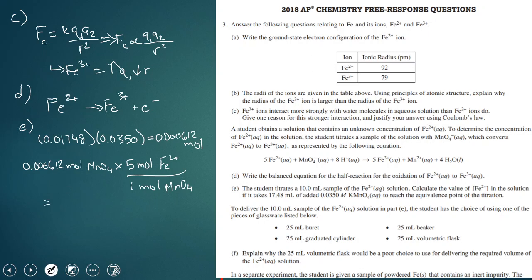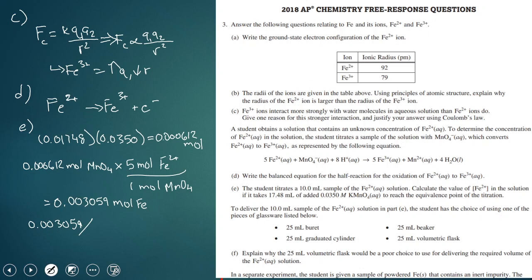And so that should get us 0.003059. And then, now that we have this as the number of moles of Fe, we just have to divide this number, so 0.003059 moles